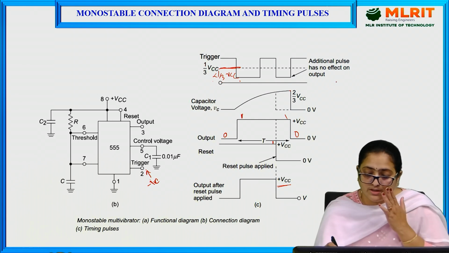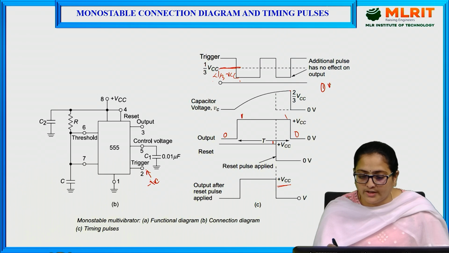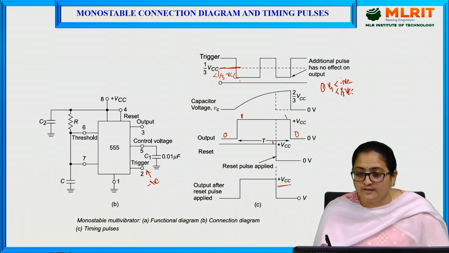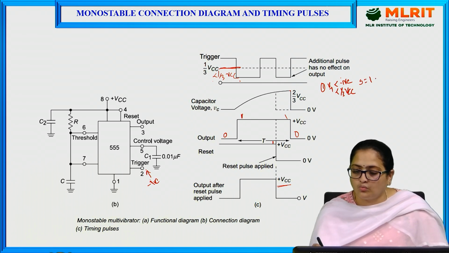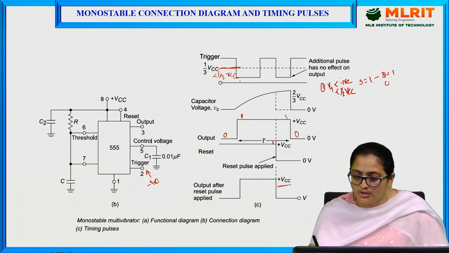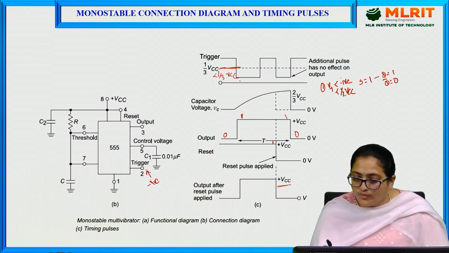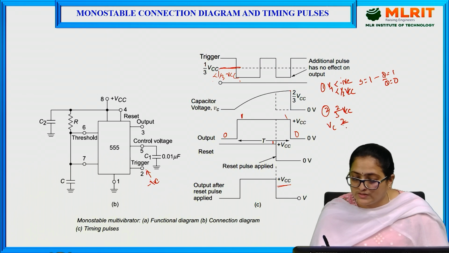The points to be remembered here: when the triggering voltage is negative, that is, less than 1/3 VCC, your set pin will be equal to 1, which makes Q equal to 1 and Q bar 0. That is, your output will move from 0 to 1 when it is less than 1/3 VCC. When the capacitor is charging towards VCC through the resistor R, it reaches 2/3 VCC. When the voltage across the capacitor is just greater than 2/3 VCC,